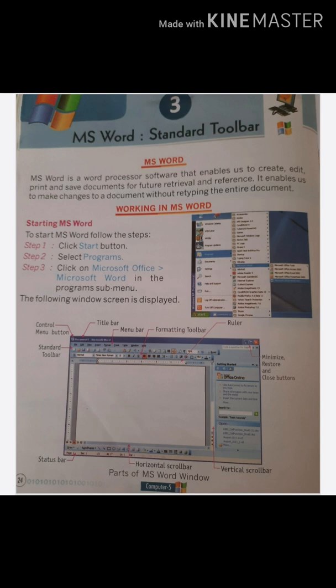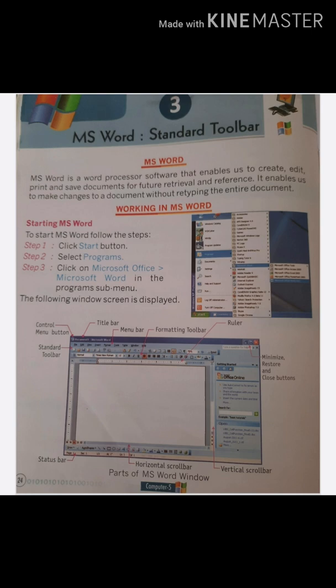To type text in the document: after you have created a document, you are ready to start typing in your text. Observe a small vertical blinking line in the work area of the Word screen. This is the insertion point. It appears in the upper left corner of your Word page. This is the point from where you will start typing your text. What is word wrapping? When you wish to start a new paragraph, press the Enter key. When you reach the end of a page, Word will automatically move to the next page.